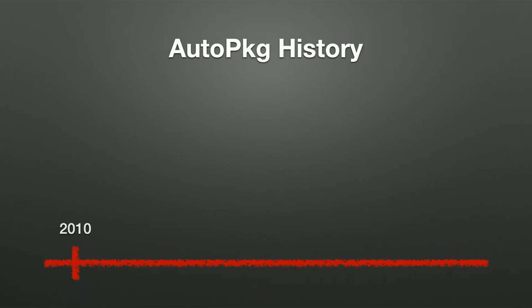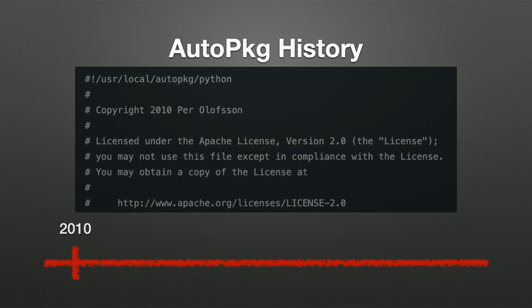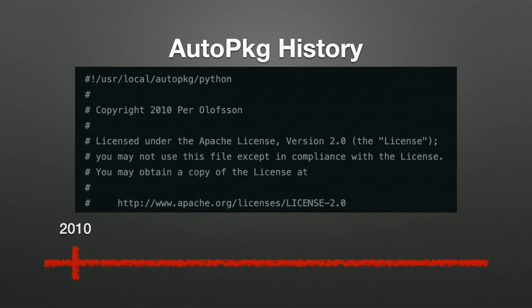Our first stop down memory lane starts in 2010, which is a whole 15 years ago. And that's where we find the first code that will eventually become AutoPkg. This was written by Per Olofsson. At that time, it was a project that he called Mac AutoPkg. This code is still available on the Google Code Archive. And if I'm not mistaken, there's a high possibility that some of that code is still in existence today and still being used largely unchanged. That is huge. That's lasted that long.